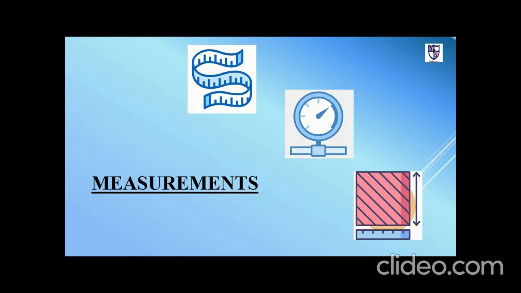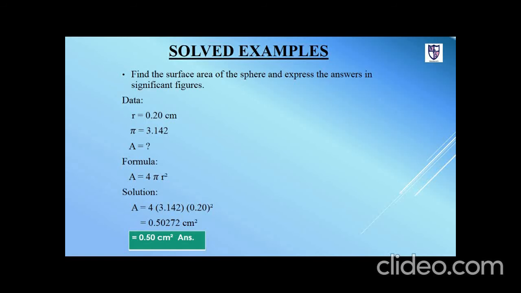Measurements. Find the surface area of the sphere and express the answers in significant figures. Formula of surface area is A is equal to 4 pi r square, from which we have given with the radius of sphere, which is 0.20 centimeter, and the value of pi is constant, which is equal to 3.142. Putting these values, we get